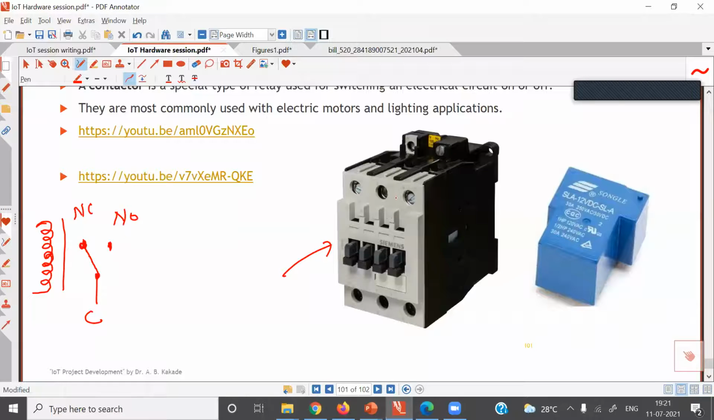So what you need to do is, this contactor also has an electromagnet. Electromagnet means it has a coil which produces a magnetic field. This electromagnet is inside this contactor. This electromagnet operates on 220 volts. So what you can do is,